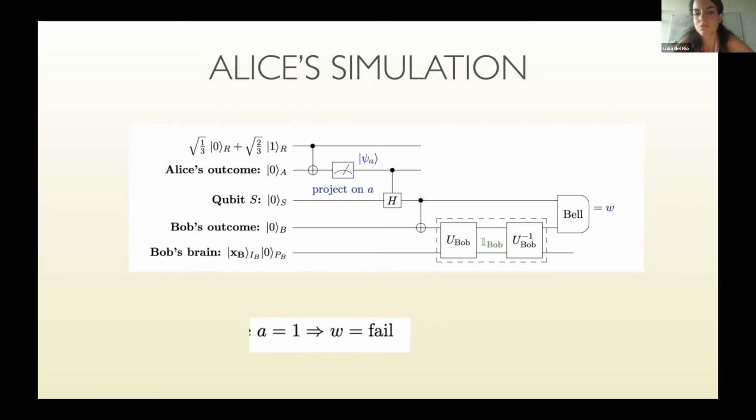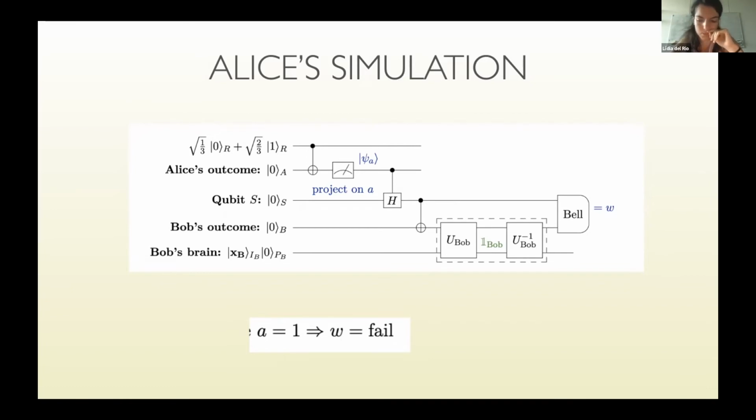She doesn't need to know Bob's brain state or Bob's exact unitary. So all she needs to know is that Wigner will undo this, right? Okay, and then she just, again, models Wigner's measurement. And she just now compares the measurement statistics of this experiment that has 2 measurements. And again, the only thing that's certain in this case is that if Alice saw outcome 1, then Wigner will always see outcome fail.